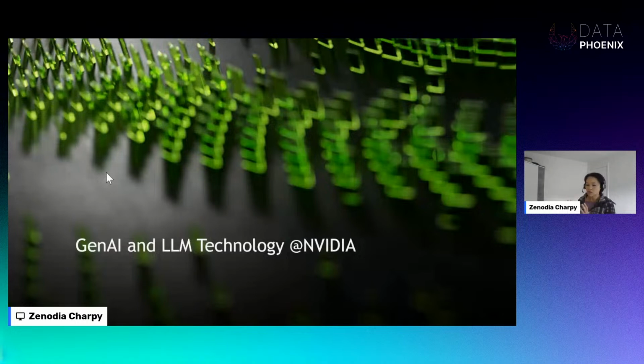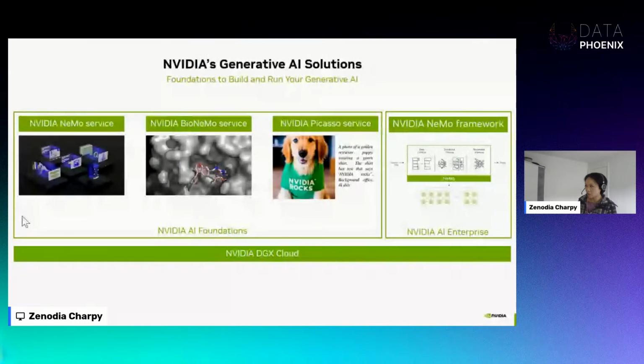Those foundation models come in different ways. You have the one called NeMo service. These foundation models are trained on natural language data, and a lot of it. Then you have NVIDIA BioNeMo service. These types of models are trained on chemical molecules and protein sequence data.